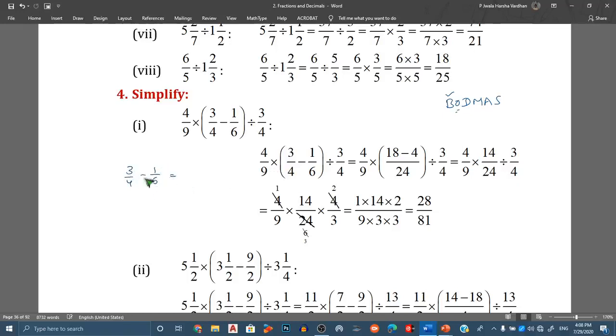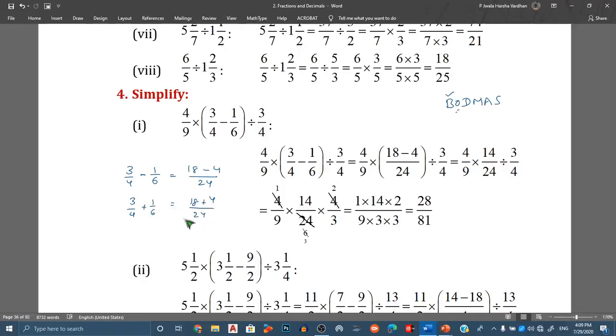What is the cross multiplication method? 3 into 6, 3 sixes are 18, and write minus, which is in between them, and 4 into 1, 4 ones are 4, by multiplying the denominators as they are, 4 sixes are 24. So this is the cross multiplication method to subtract two fractions. If you want to add also, you can use the same method. For example, 3 sixes are 18 plus 4 ones are 4, by 4 sixes are 24.